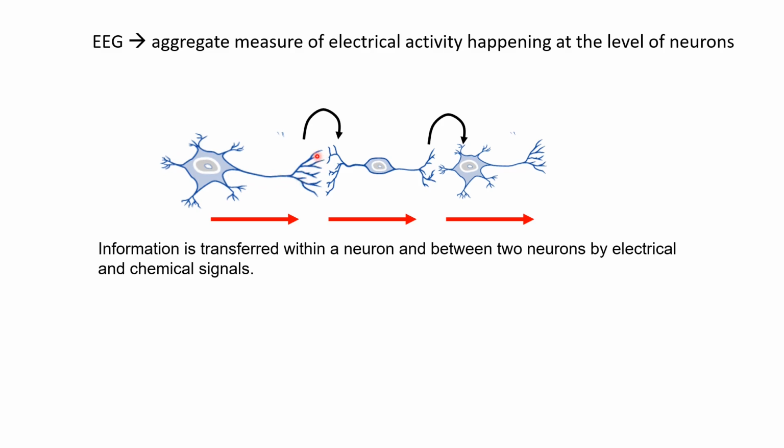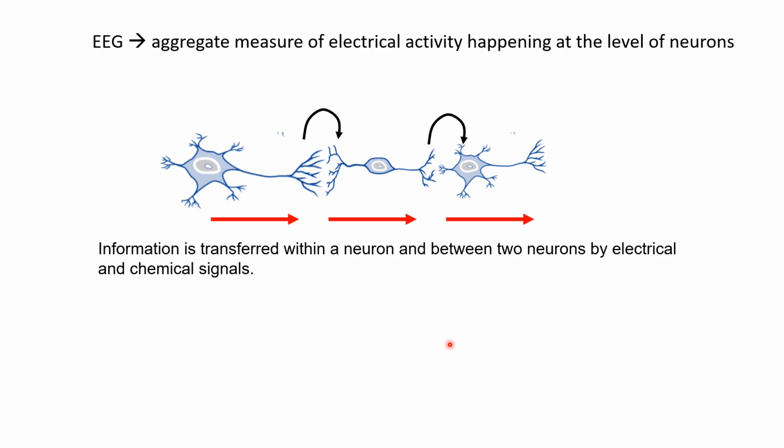Then at the axon terminal, the signal jumps to the other neuron at the synapse, which can be a chemical or an electrical synapse. Then again, it travels in the form of electrical activity in this neuron, and so on. So electrical activity is very important for the signal to travel within the neurons. And as you know, the neurons come in different shapes and sizes. Some neurons are very long. So the electrical activity helps in conducting the signal along the branches of these long neurons.